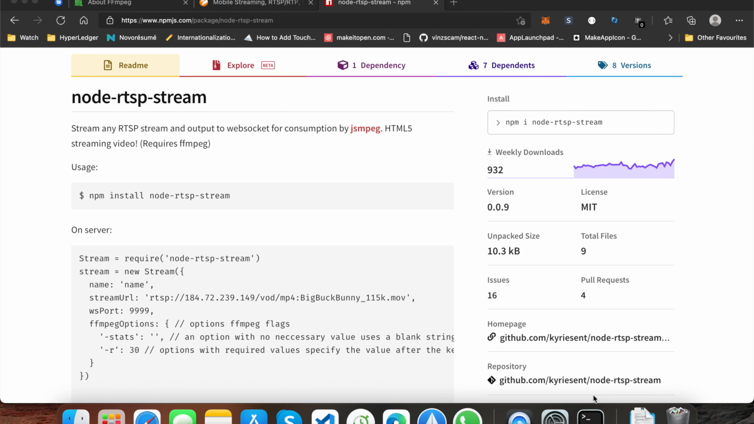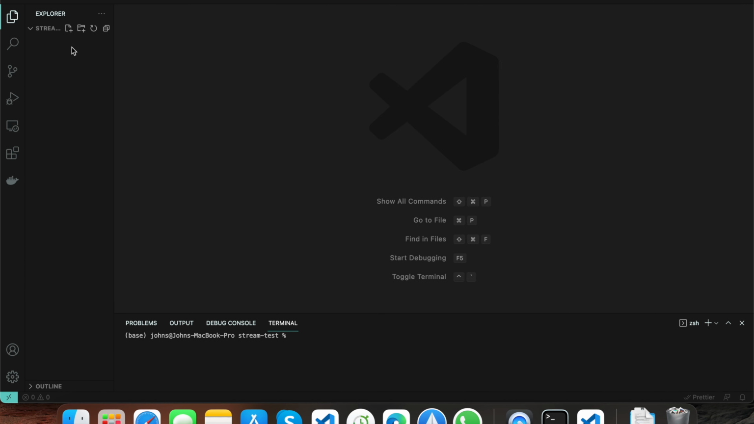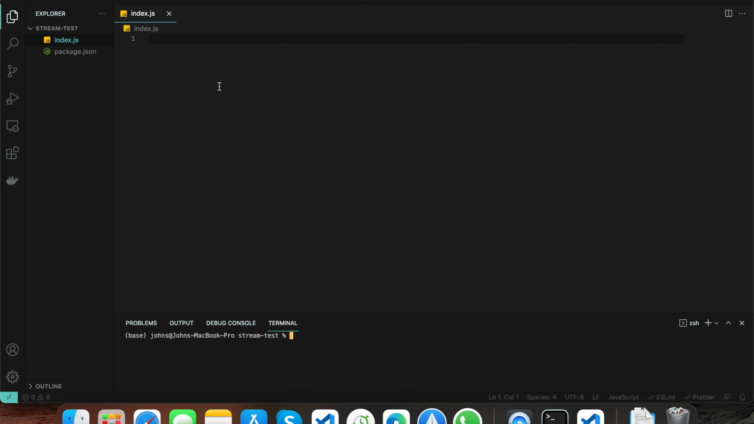Start with creating a project. We are going to use Node.js for creating APIs and managing the streams, like starting them. So I'm just going to create a stream test folder, create an entry file, and initialize the npm project. I'm just going to give default values for everything, and we are going to use express.js here. So I'll install express,